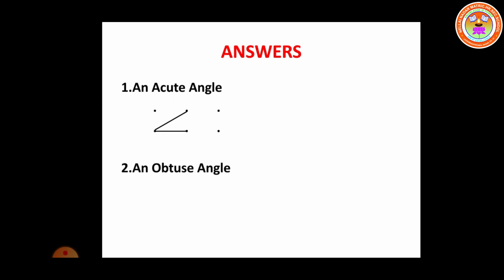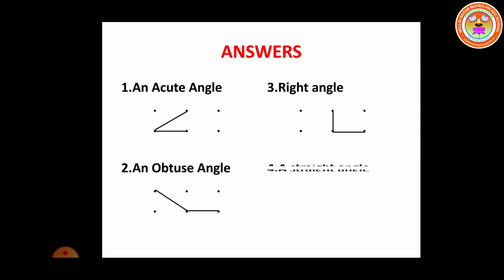Let us see the next subdivision. An obtuse angle. Obtuse angle means more than 90 degree. So this, like in between the two rays angle we have more than 90 degree. Then next one, right angle. Right angle means exactly 90 degree. See how we joined. So angle between the two rays are exactly 90 degree.